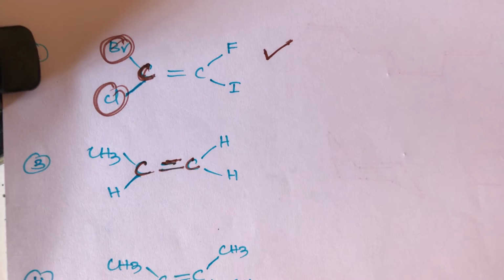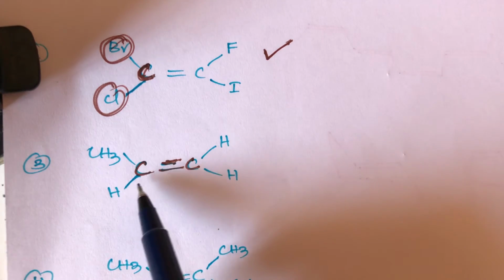So the double bond is compulsory. What is the condition? The compound should contain a double bond. The second condition is that the system must be a restricted rotation system, meaning absence of free rotation. And the third is that the terminal groups must be different. These are the conditions for exhibiting geometrical isomerism.